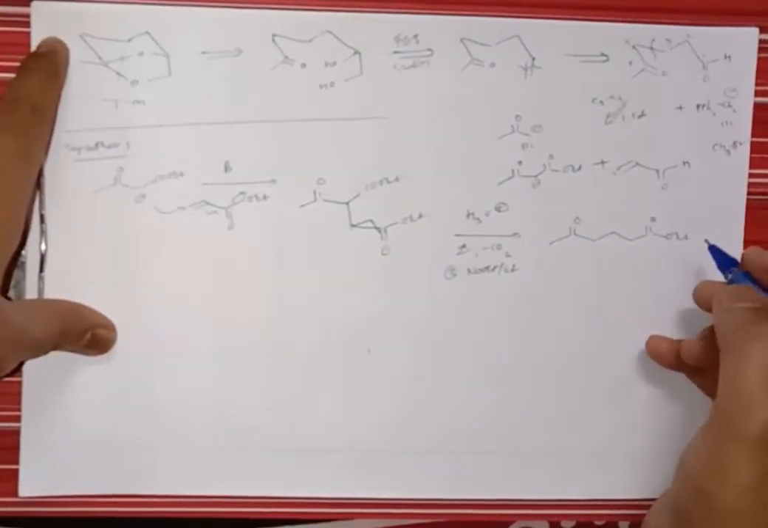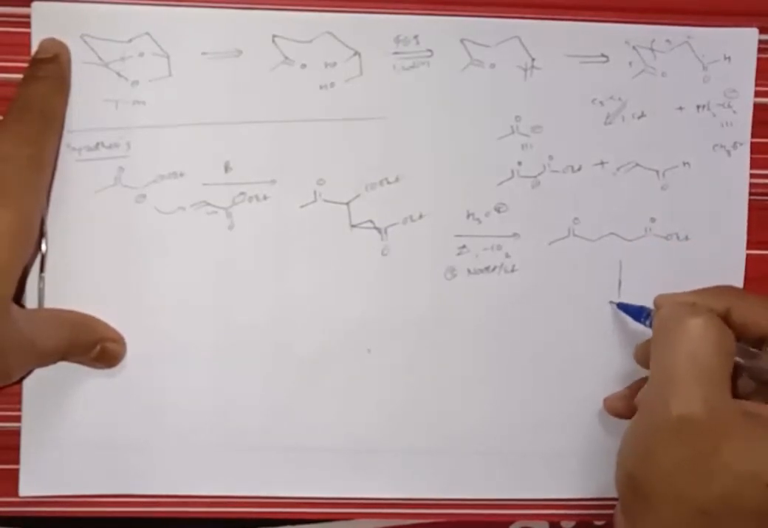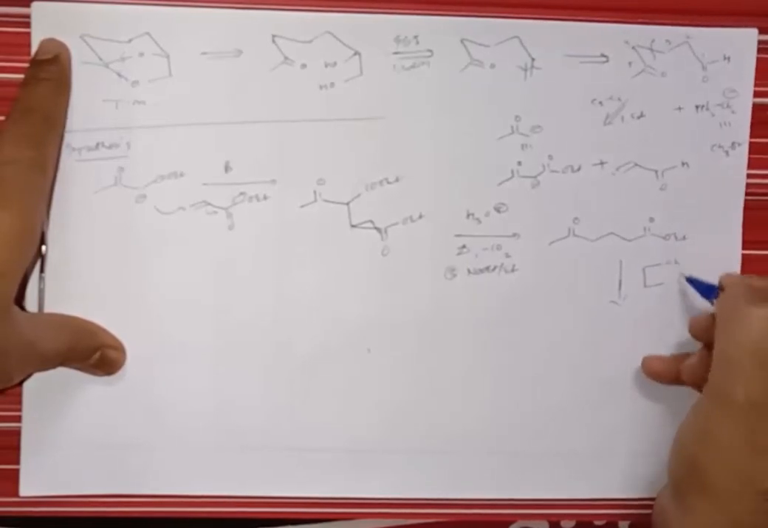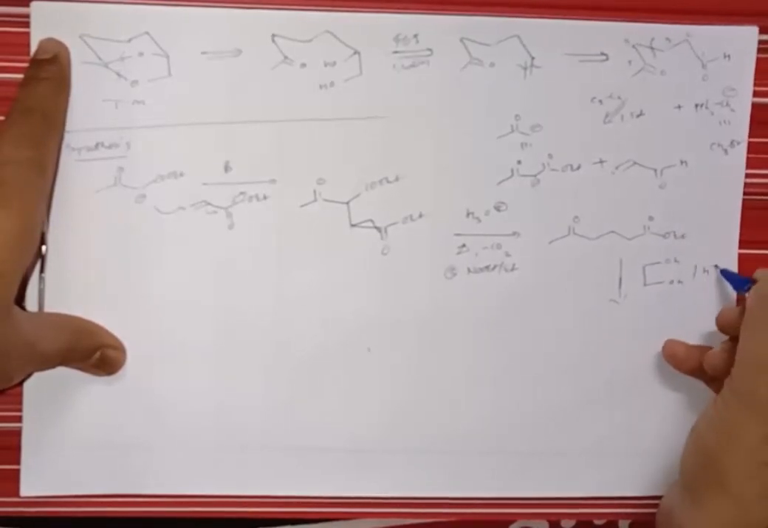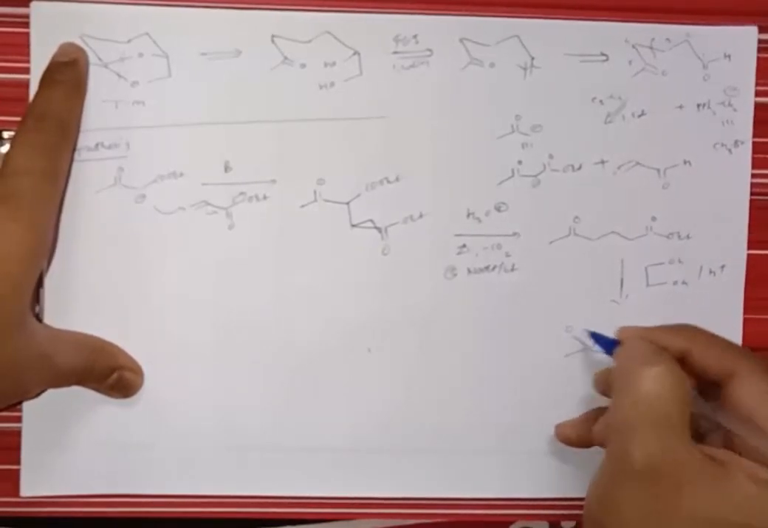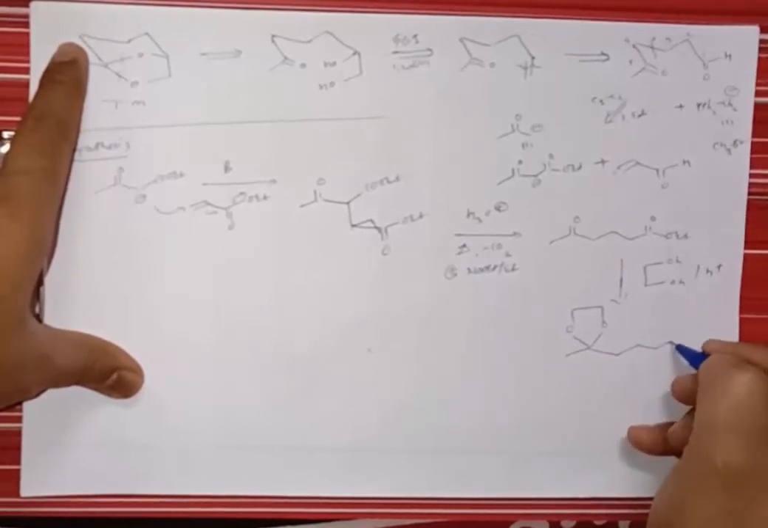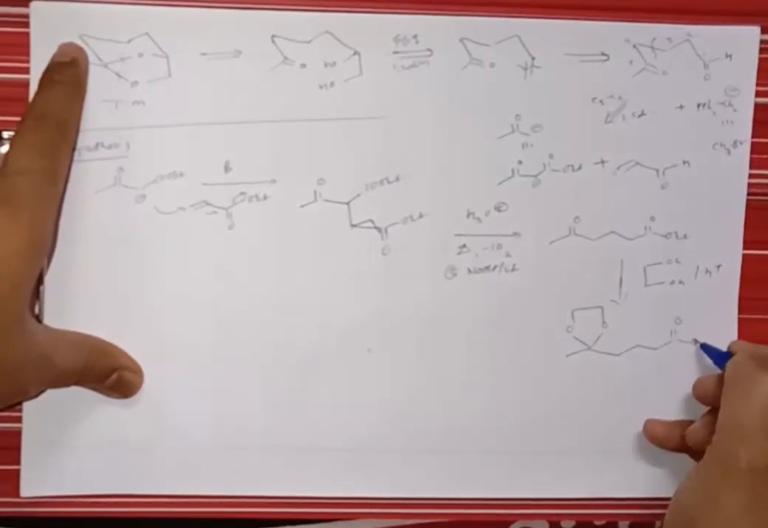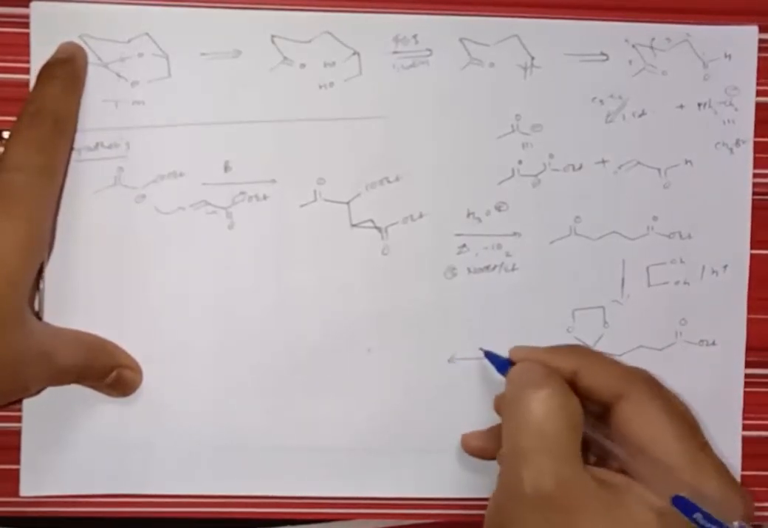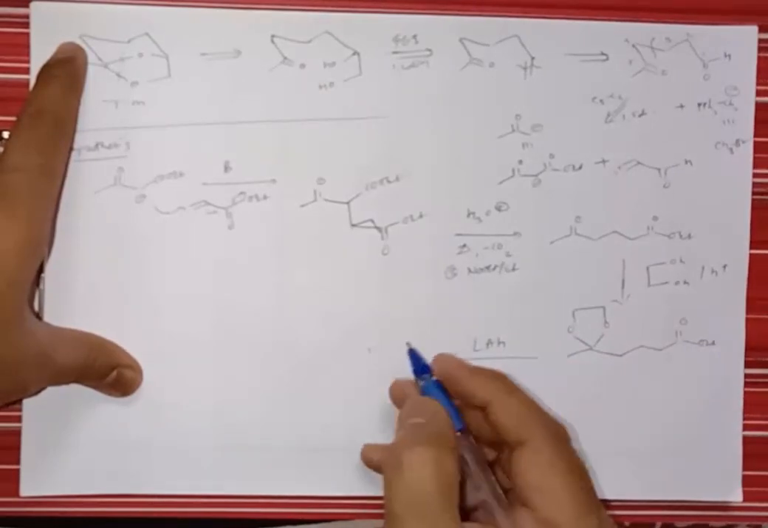Now we can protect the ketone. How can we protect this ketone? By taking a 1,2-diol in acidic conditions, we can protect this ketone as such an acetal, and the ester will remain as it is, right? And now this ester will be reduced to the aldehyde with LAH. So what does it give? It gives the formation of a